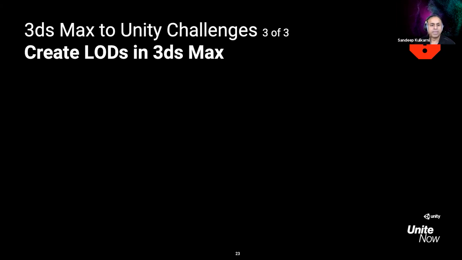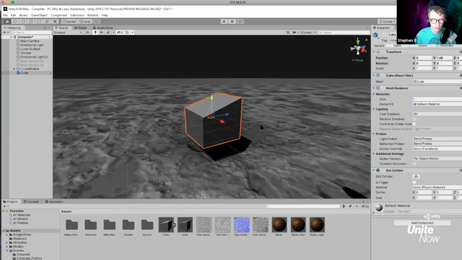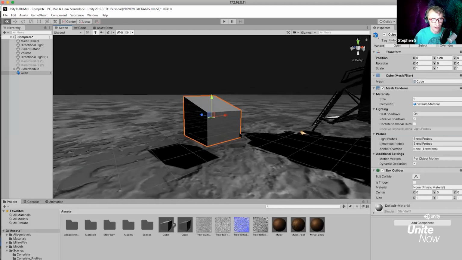Yeah. But with that, I'm going to keep us on track over here, Stephen. So why don't you take over, show them how we can create the LODs on our third challenge. Sure. And I'm thinking for most everybody that's following along, just follow along. And at the end of this, we probably will stick around a little bit and answer any questions. So, I'm going to show this really quick.